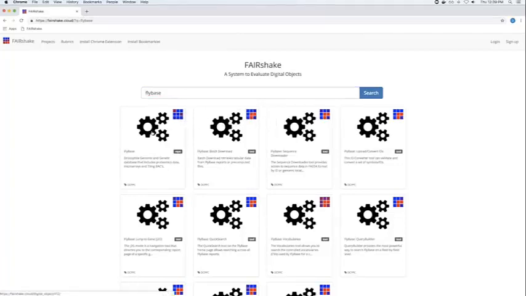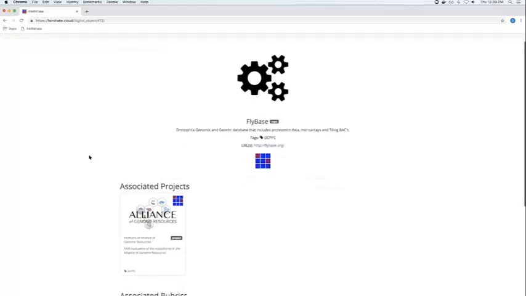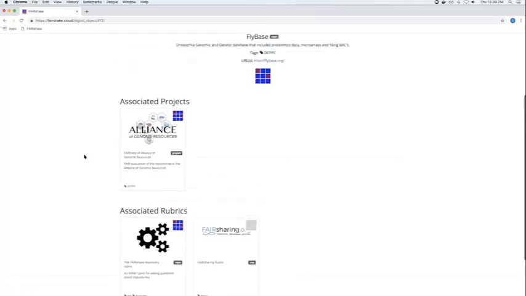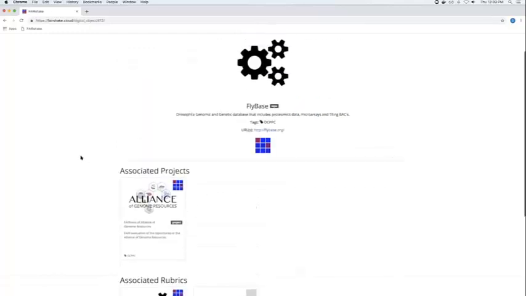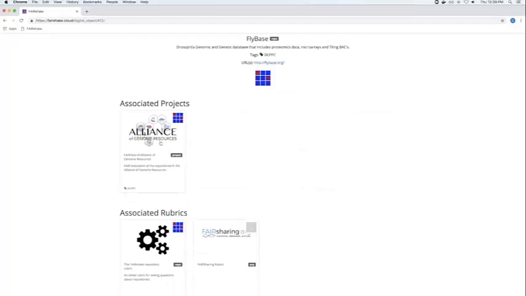If we click FlyBase itself, we get to a landing page for this digital object, and essentially it gives us a little bit more information potentially, as well as a URL to the existing site. It also shows us associated projects and rubrics. These associations enable this digital object to be part of a collection of digital objects.